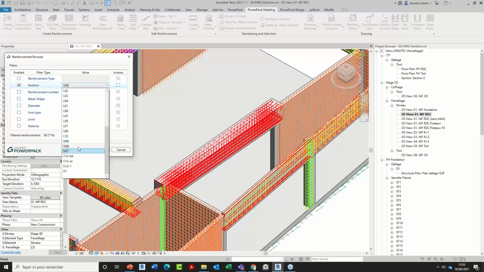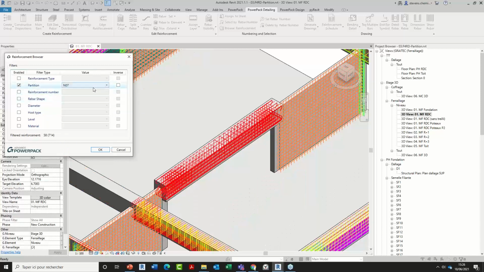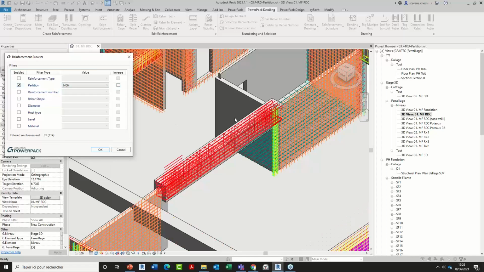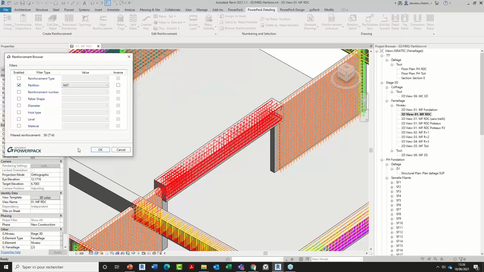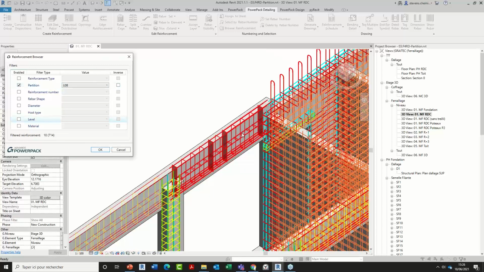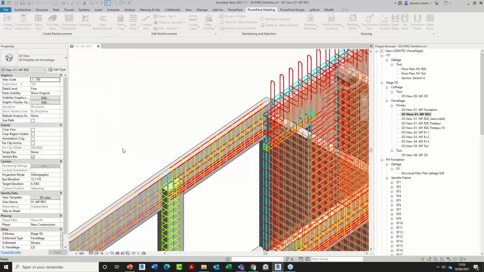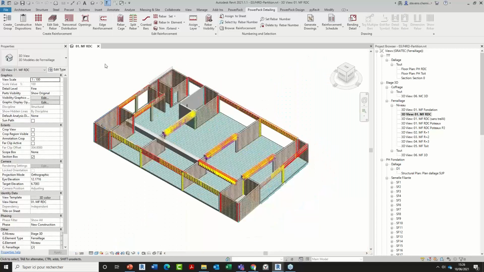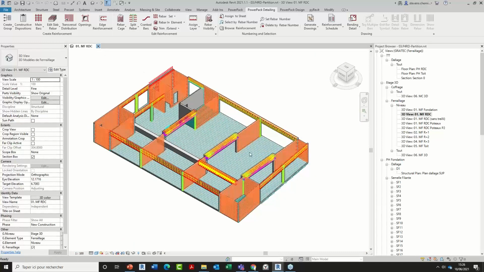So here directly I can change and browse all groups of rebar assigned to a single partition thanks to this improvement in our reinforcement browser. So the possibility to navigate and to browse the reinforcement according to partition can be very helpful, specifically in the case of large models.